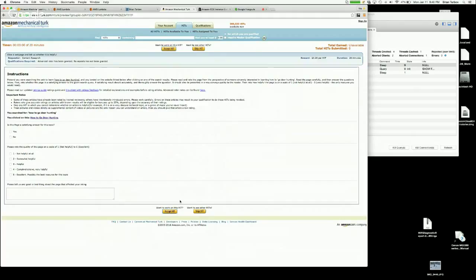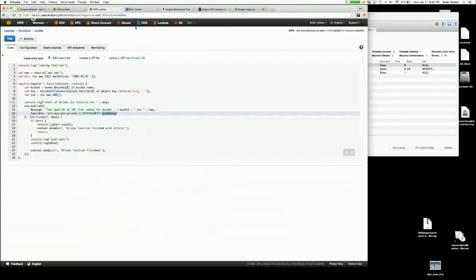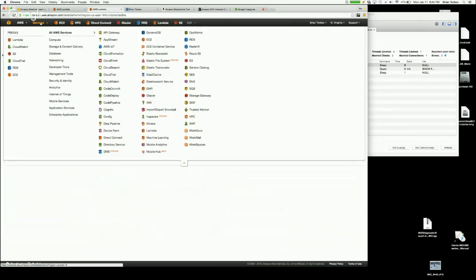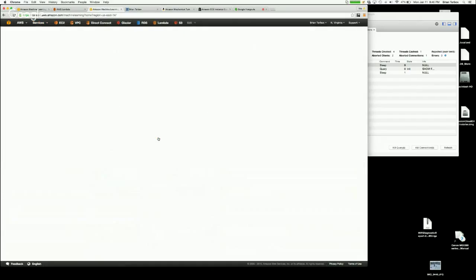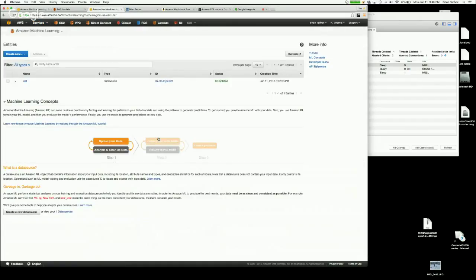So that's kind of a pretty cool combination of Mechanical Turk, which is sort of the lowest level thing that you can imagine them providing, and then machine learning, which is kind of the most sophisticated thing you can imagine. And we can walk through an example of that. I will say I am no machine learning expert by any means, though I would like to add that to my skill set. So we go to machine learning,